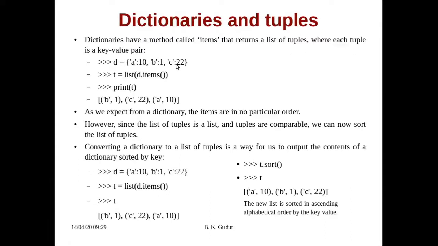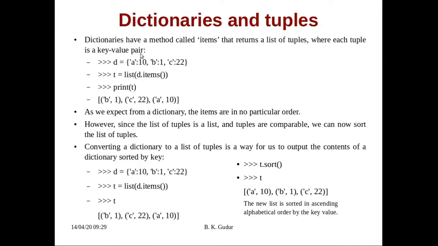Let's see the relationship between dictionaries and tuples. It means we are going to use dictionaries and tuples together. Dictionaries have a method called items. There's one method in a dictionary called items that returns a list of tuples where each tuple is a